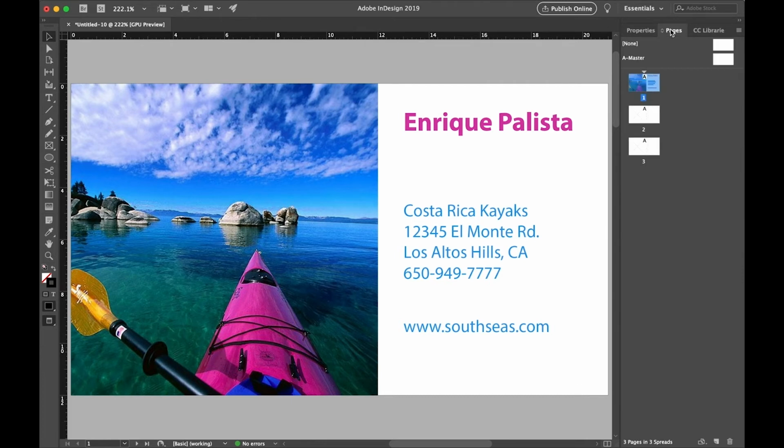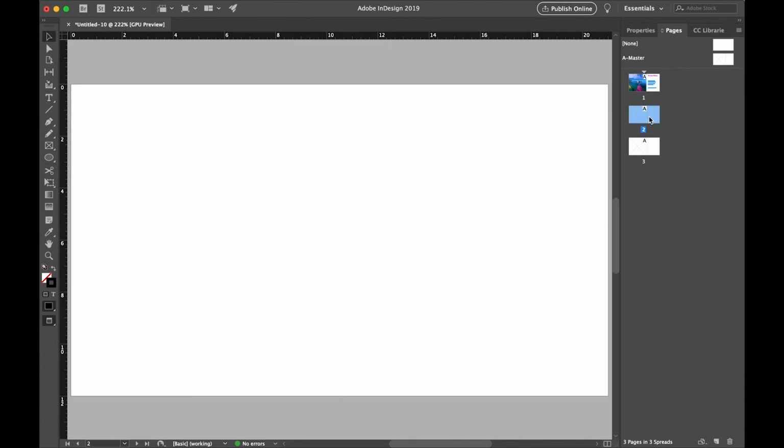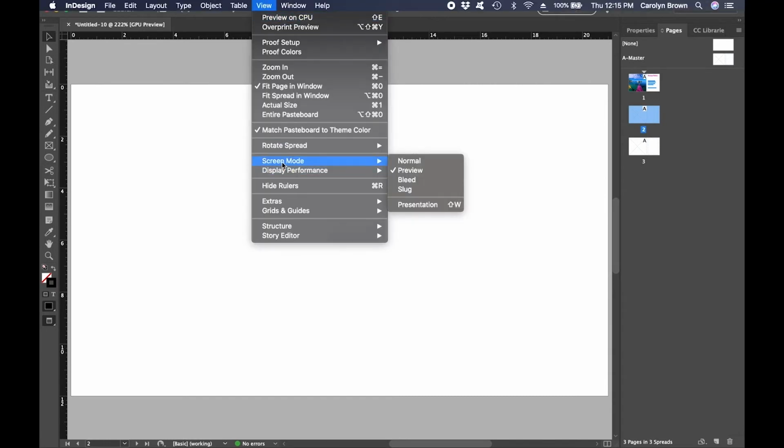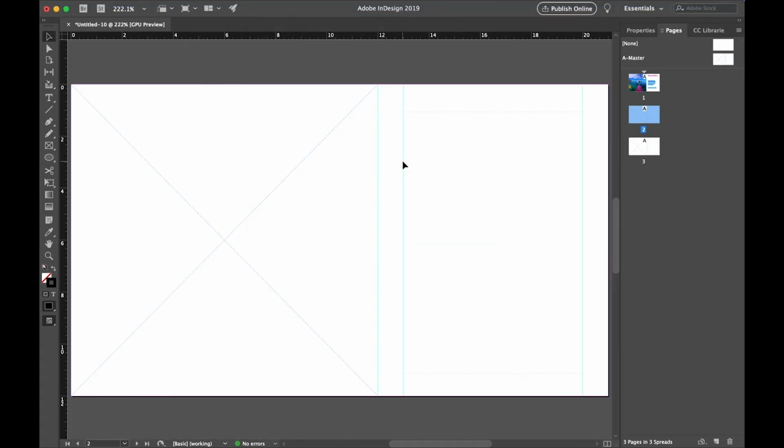Good, now we'll switch to the next page by going back to our Pages panel and double-clicking on page 2. Okay, we can't see any of our guides because we switched our view to preview. So let's go back to normal so we can see the layout guides that we'll be using. On page 2, we're going to make another business card. We'll use the same parent page layout because we want to arrange the card in a similar way so that